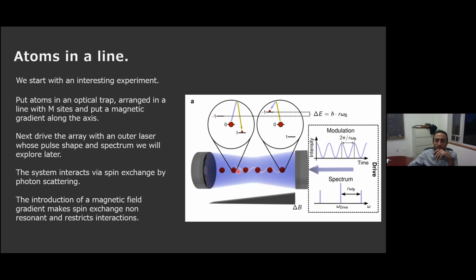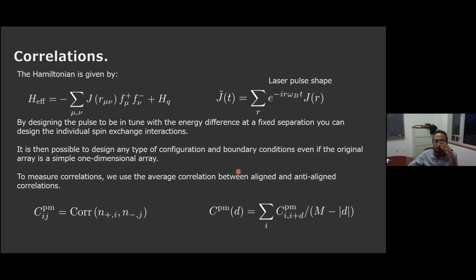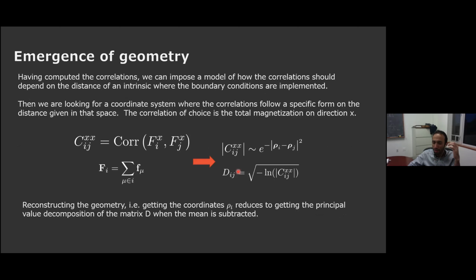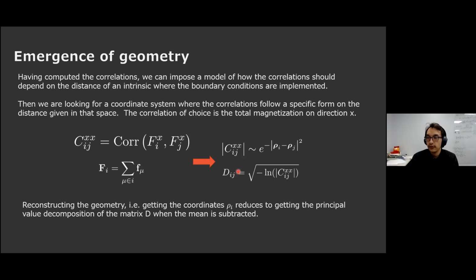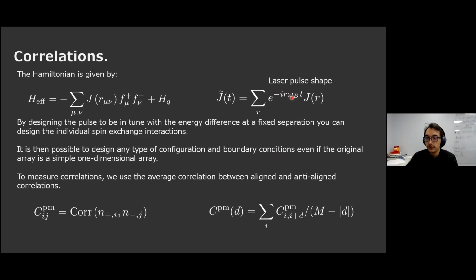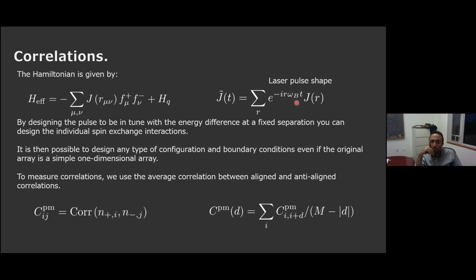And so in principle, you can engineer any interaction, right? Right. By tailoring the amplitude of each frequency. So each frequency is just a multiple of the spacing between the energies. And if you tune the amplitude that corresponds to a given separation, you are engineering the interaction for that separation in this one-dimensional line.